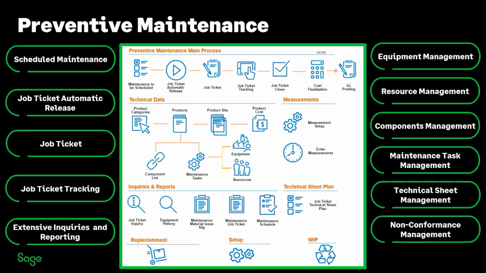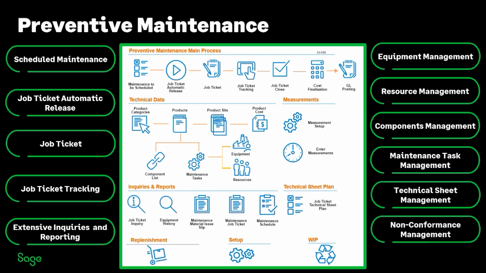So they will come in as suggested job tickets from the automatic job ticket release. From there, you can view, and then for you to start working on them, you have to release those suggestions. Then it creates your job ticket